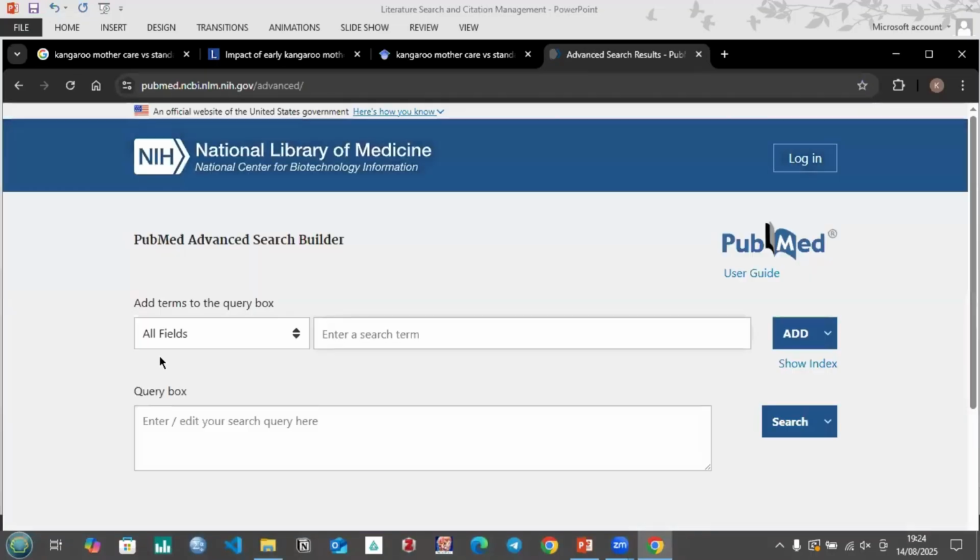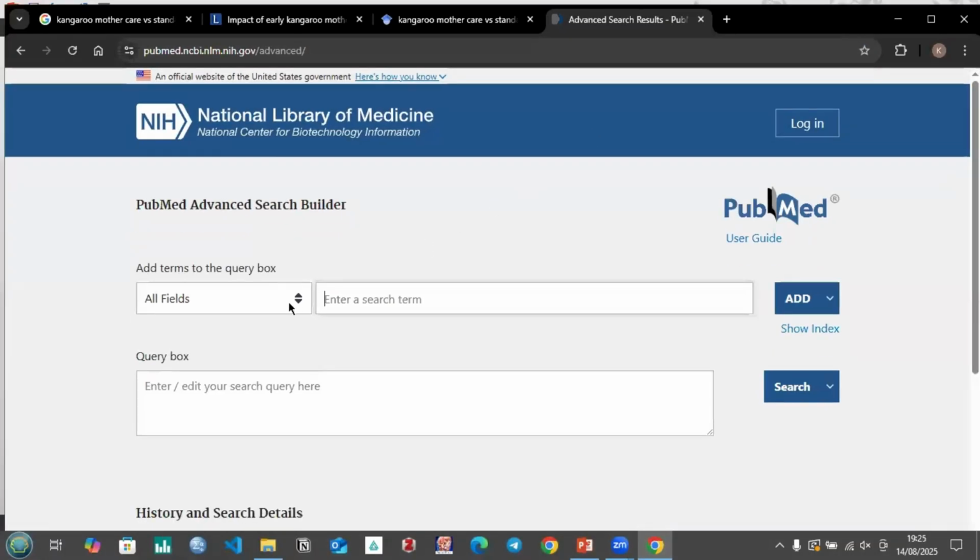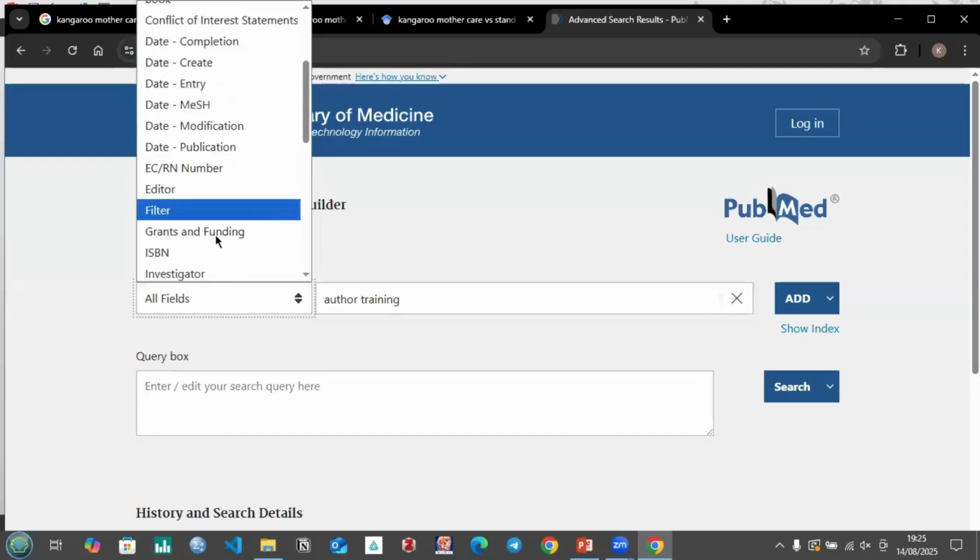Press this advanced option and you'll see this. I don't know whether you can see. Okay. So we'll start by entering a search term. Our first search term is author training. And then we want to search for author training in